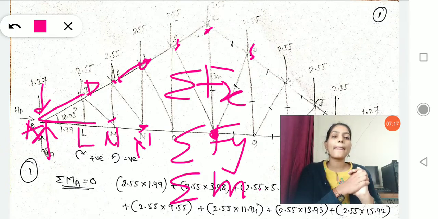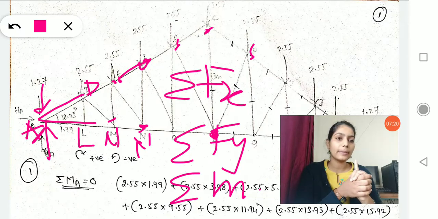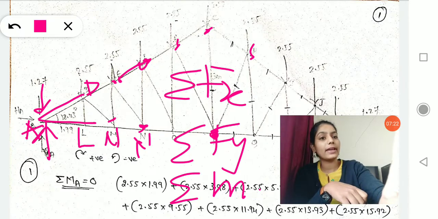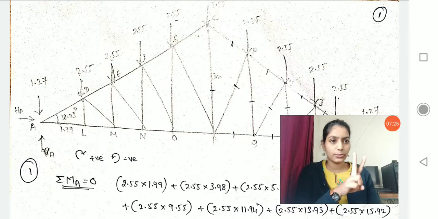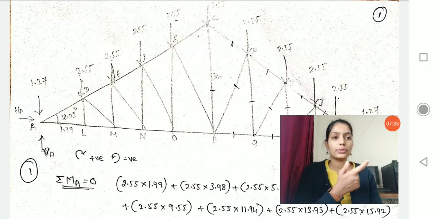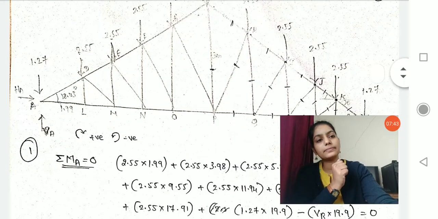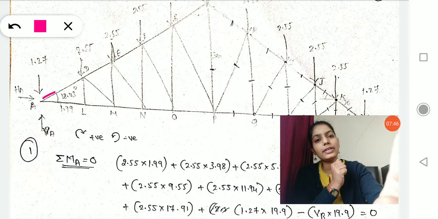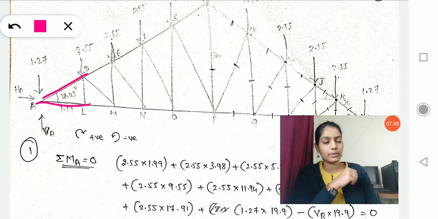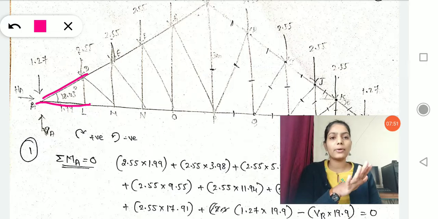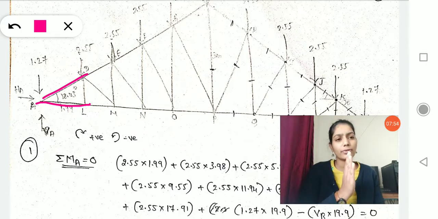Now next is the analysis by joint method. We have only 2 equations to analyze any joint. The 2 equations are summation of Fx and summation of Fy. Clear here? Then next is which joint to consider, which joint I am supposed to consider and how I will move ahead. So see here, I am taking this first joint. I haven't taken it because it is the earlier or the first joint on our truss.